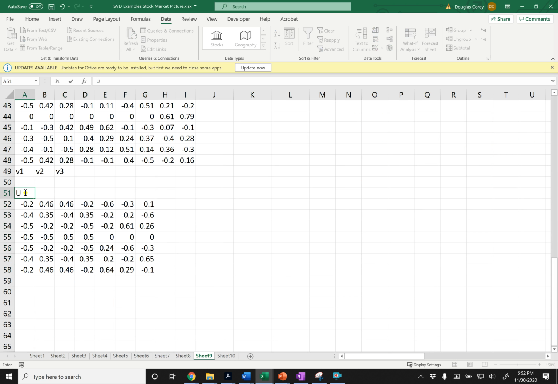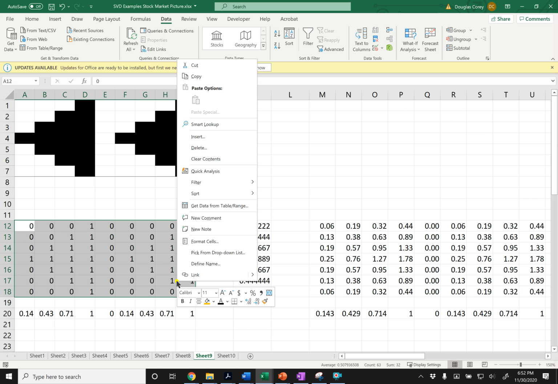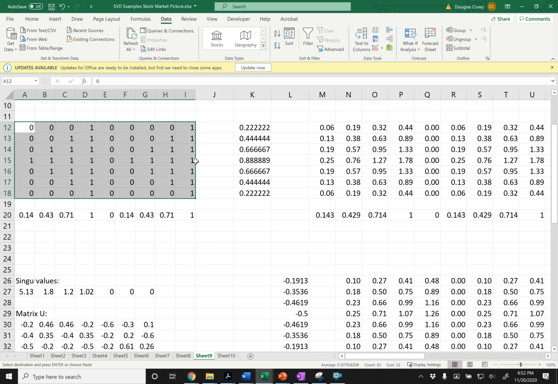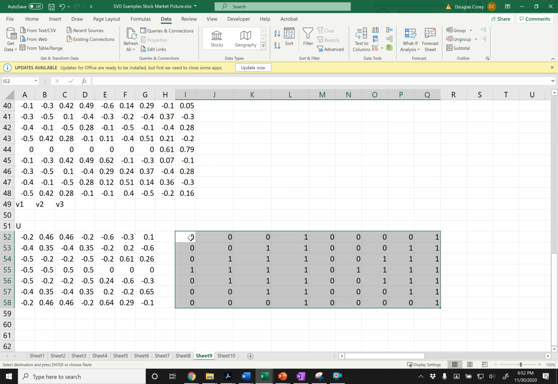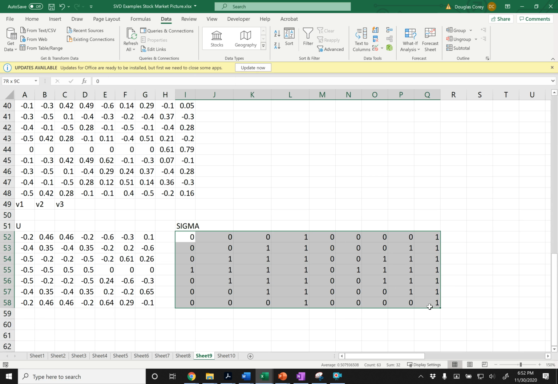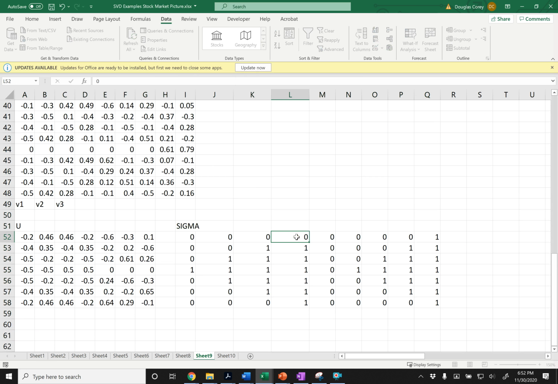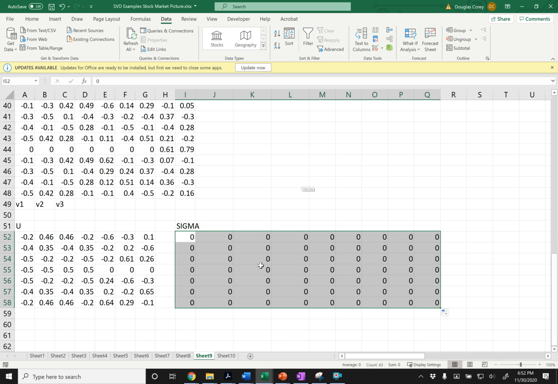Okay, so here's U. The size, that sigma matrix is the same size as our original matrix. So this is sigma. I use that capital sigma. Now it's not the original matrix, but I just did this so we could easily get the size right. And I'm just going to fill this all with zeros, because this is where we start with that matrix,